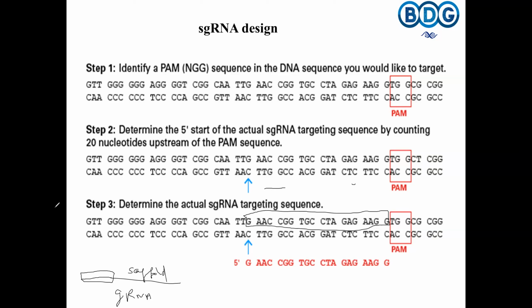Next, suppose your PAM could be in either strand. It could be on the other strand also, the reverse strand, the minus strand. Like this is the 5' to 3' strand, and the other strand we call the minus strand; you can have the PAM in the minus strand also. But since the 5' starts from right to left, you can see that the PAM is NGG, read this way. And you should take sequences from here to here,